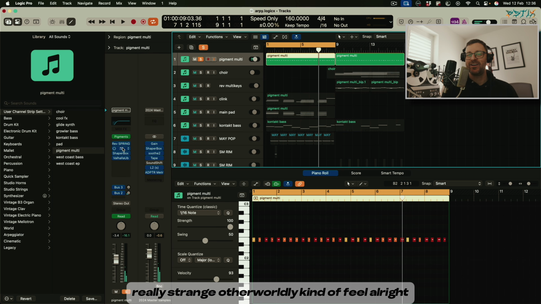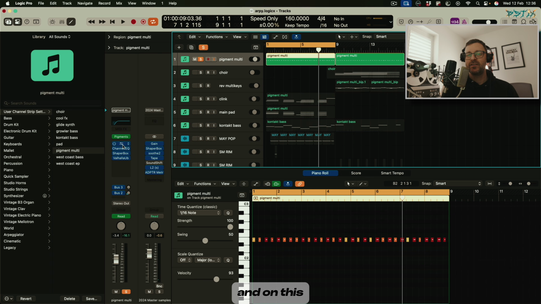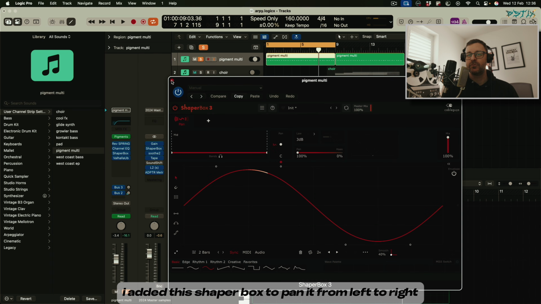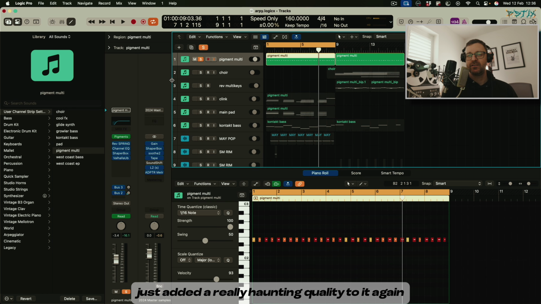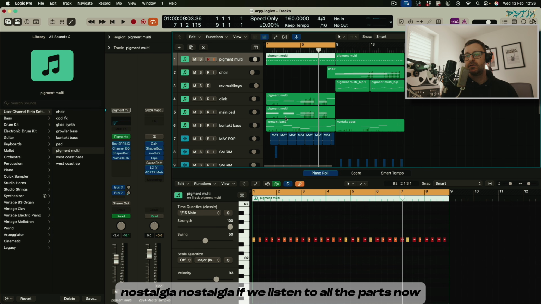Really strange, otherworldly kind of feel, right? And on this I added this shaper box to pan it from left to right, and also this Uber mod, which I sometimes like to use, just added a really haunting quality to it. Again, I'm always thinking on this sample like nostalgia, nostalgia, nostalgia. If we listen to all the parts now,